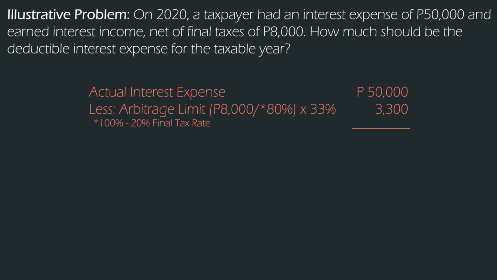Now, if there was no arbitrage limit, the 50,000 would be the deductible expense. So the idea, in the absence of an arbitrage limit, was to borrow funds and deposit the proceeds to earn interest income, creating tax savings. The government recognized this, so they created this arbitrage limit. To continue our computation, the interest expense of 50,000 minus 3,300 arbitrage, the deductible expense shall be